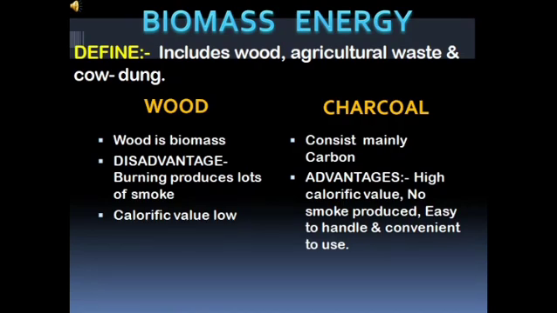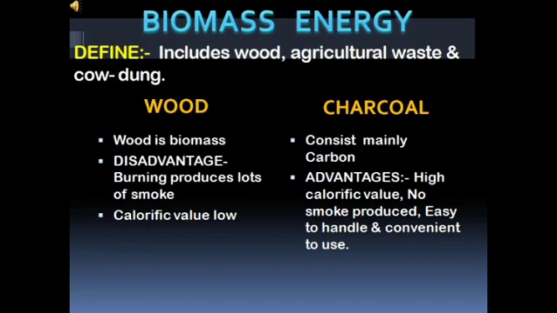It's a renewable source of energy because it is obtained from the plants or animals, which can be produced again and again. Now let's see the case of wood and charcoal. Wood is a biomass, but when it is burnt, heat is produced. So it has been used as a fuel for a long time. Okay, it's a renewable source of energy and it is obtained by the cutting down of the trees.